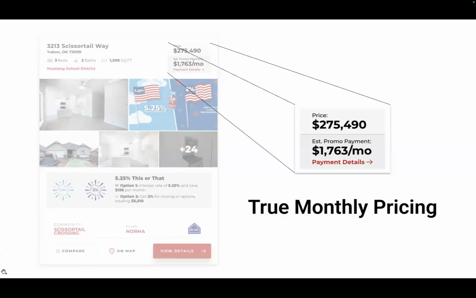Yeah, and I think the other thing it does is you can A/B test on your site. A lot of builders will have, let's just say, $20,000 use as you choose. Okay, great, $20,000. I can use that for a down payment, or I could use it for a rate buy down, which is wonderful. And a lot of builders have just realized, look, we're going to take a haircut on these homes. We just have to. That's the world we're in right now. But instead of just putting out a promo on the homepage that says $20,000 use as you choose, and then it's up to you to figure that out,